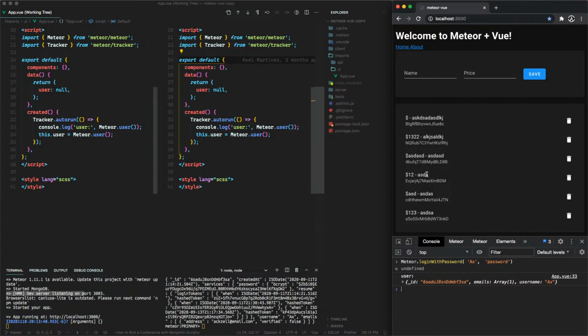And what I wanted to do for the next step would probably be to actually show you that you can do this without having to go into the console here, but maybe have some kind of a nice UI here to give the user a way to log in and log out and things like that. And for that, what I actually have is,